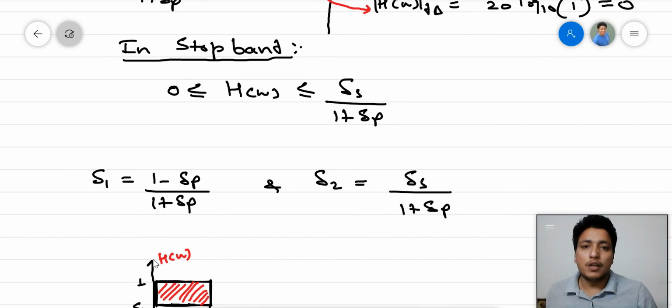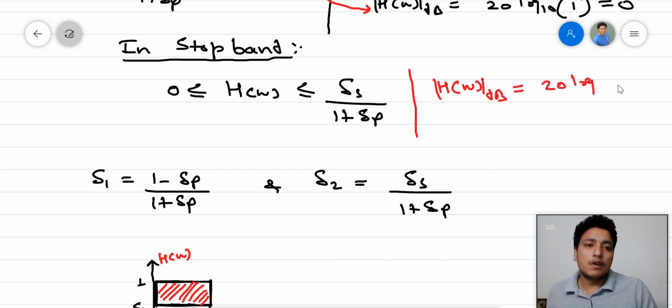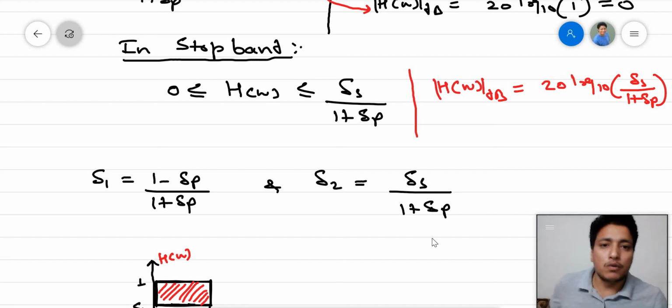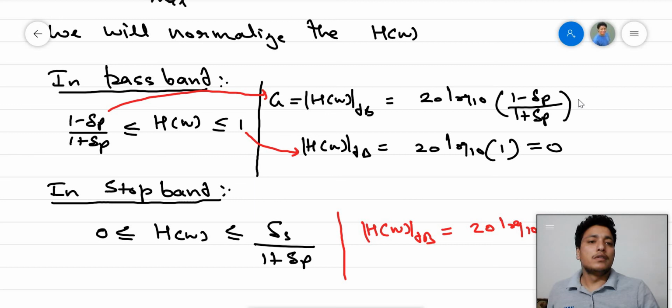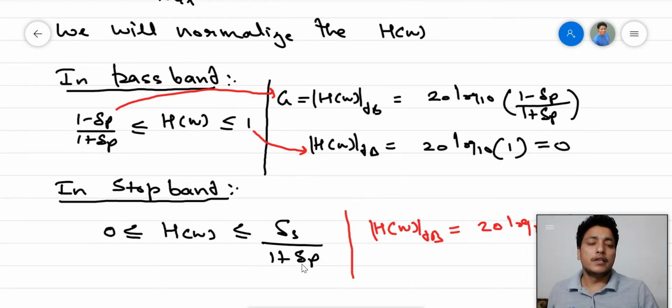Similarly, the gain of H(omega) in dB will be equal to 20 log base 10 of delta S over 1 plus delta P. For the zeros case, it will go to minus infinity. Now we can see this 1 plus delta P is greater than 1 minus delta P, so it is called minus AP in dB,